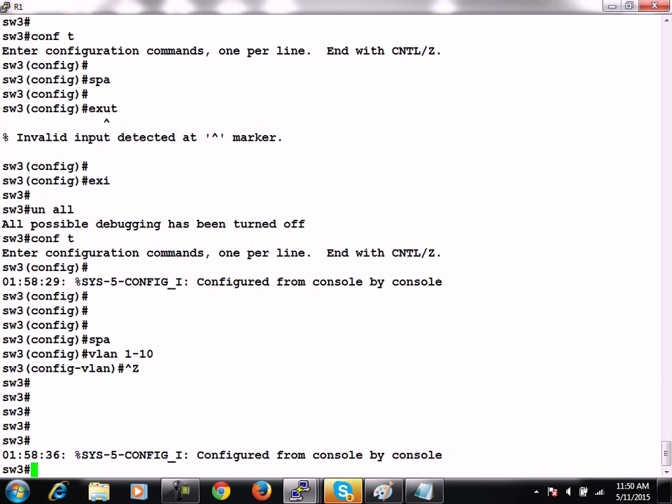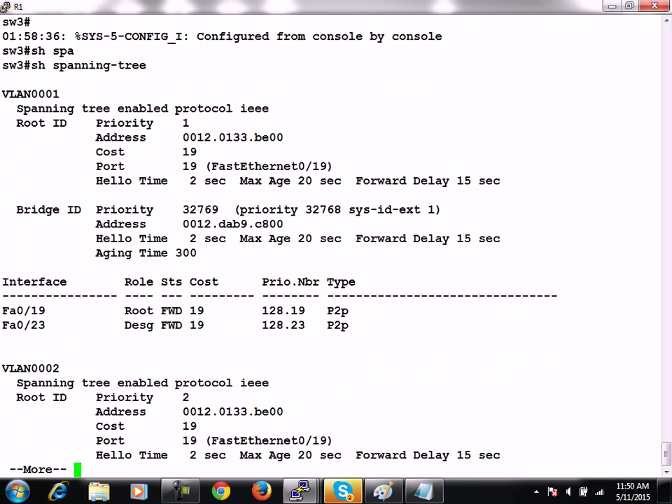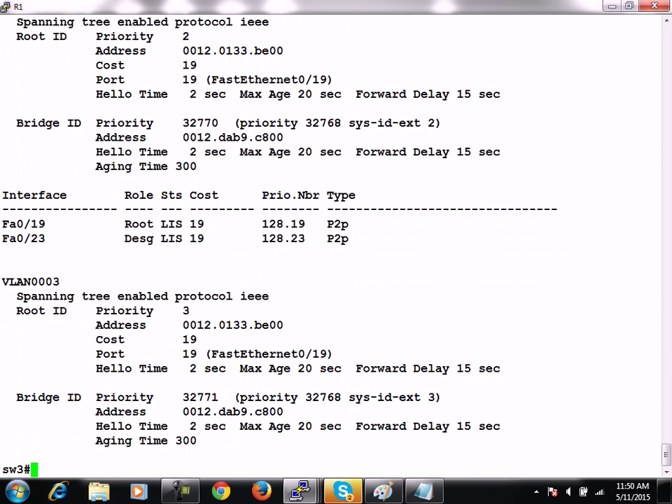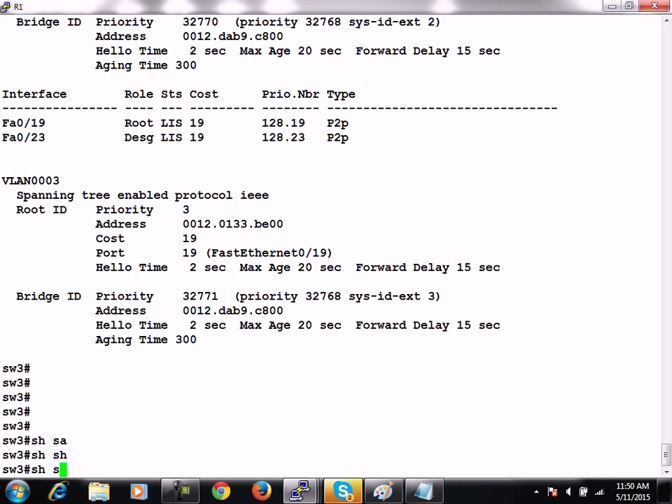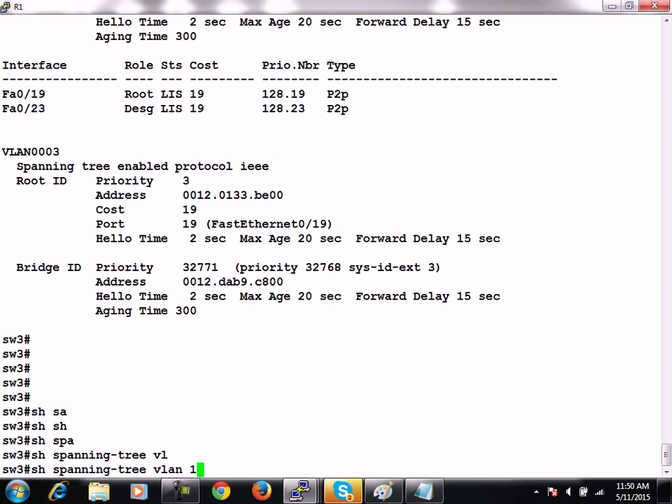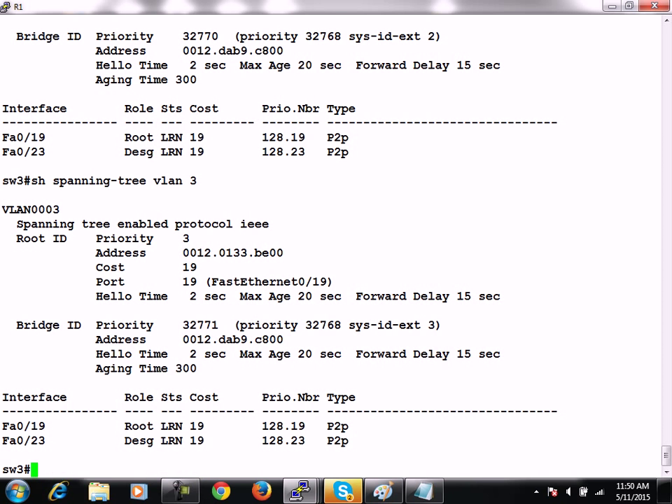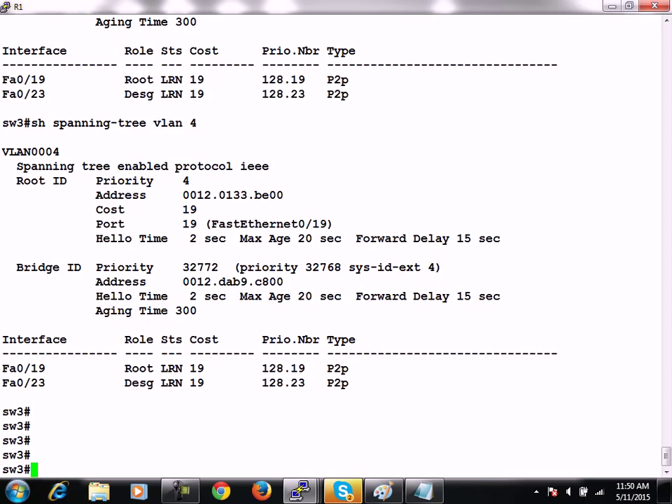an individual instance for each VLAN. See, for VLAN 1, for VLAN 2, for VLAN 3, for VLAN 4, for VLAN 5 and so on, right? You can also see the output in this manner as well. So spanning tree VLAN 1, spanning tree VLAN 2, spanning tree VLAN 3, spanning tree VLAN 4. So I think I should start all these things in the next class, because it's already 11:50, right? And one more thing,